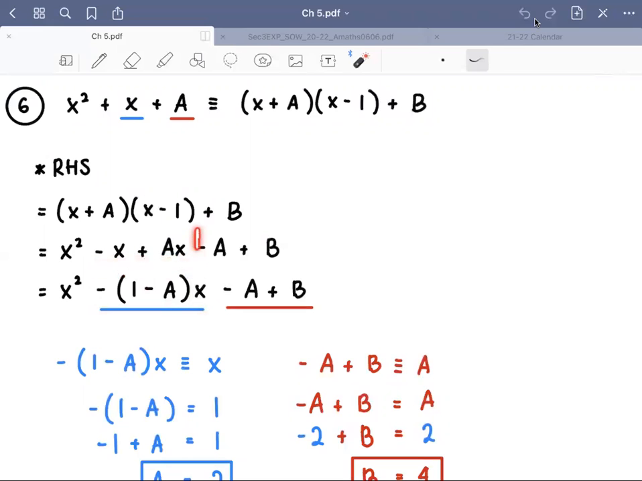And then next, since negative a plus b doesn't have any x terms, this is